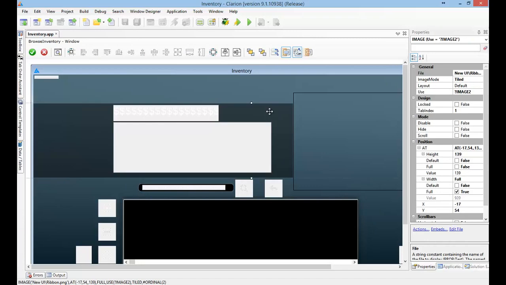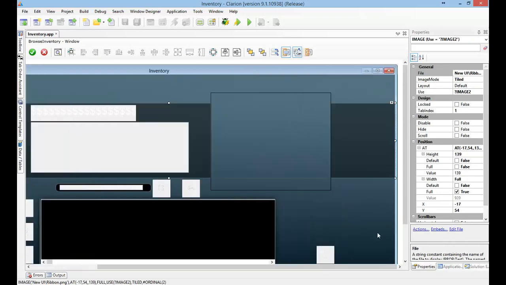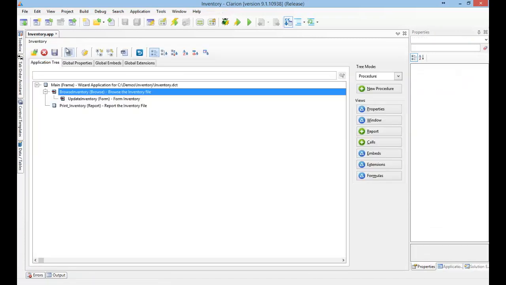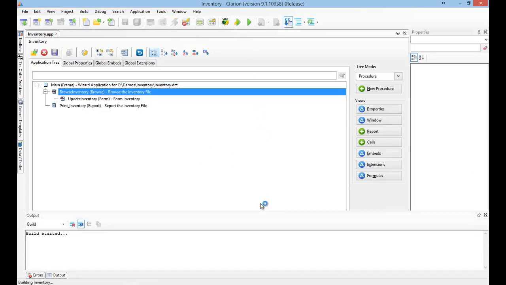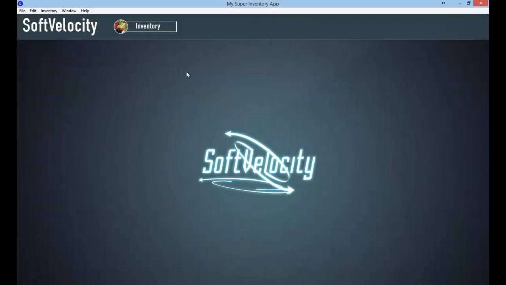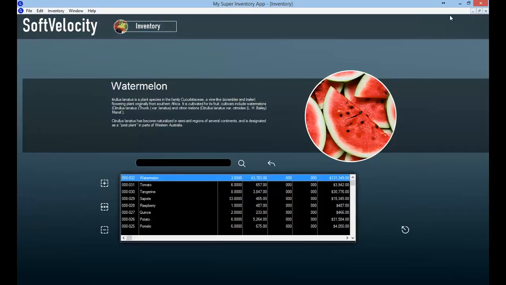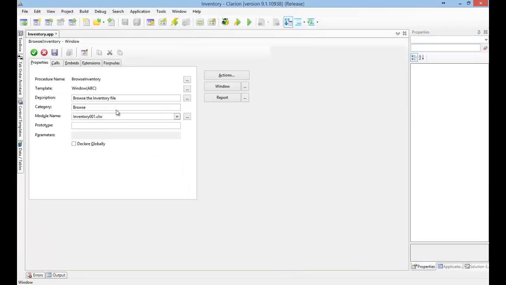Here's the best part, that with Clarion I don't have to worry about very much anything. I can do everything fast. Yeah, and it took me just a few minutes to change the layout and all the